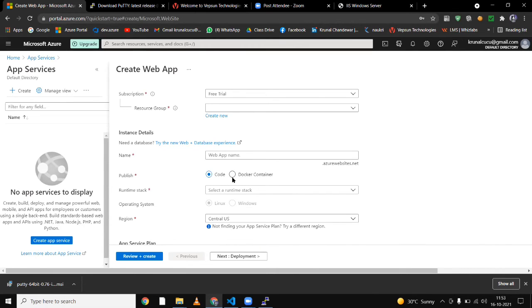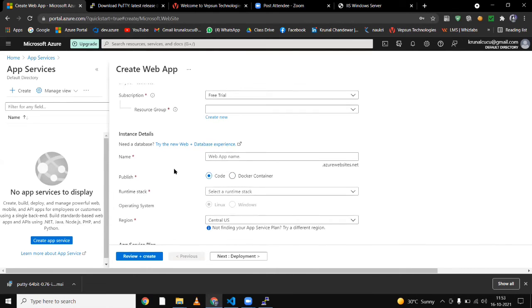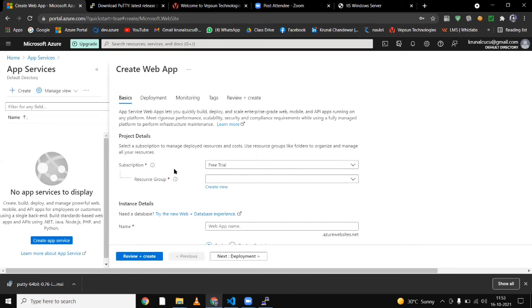Kunal is asking that in the pipelines, we are able to create the images, right? So that image, where are you going to deploy it? Are you going to deploy that image into the container, or directly into the IIS host environment?